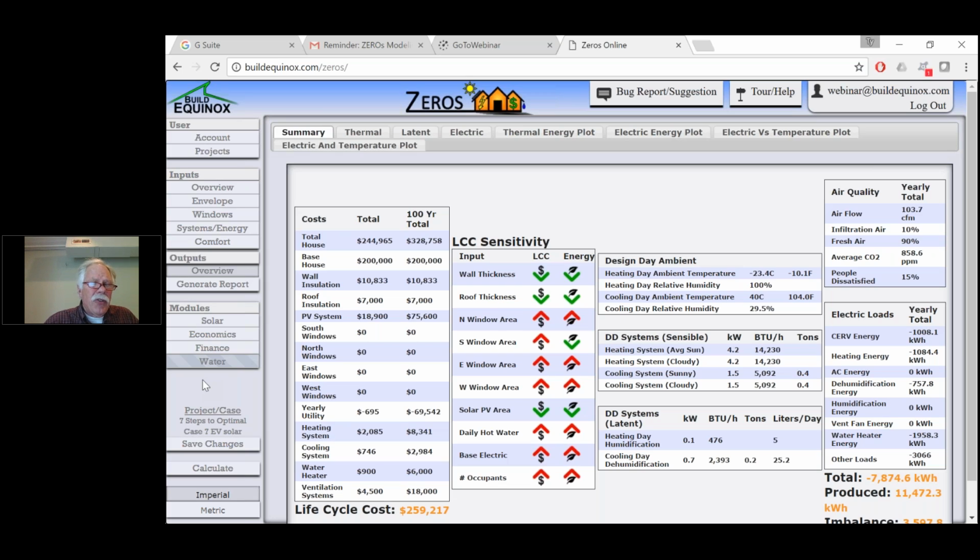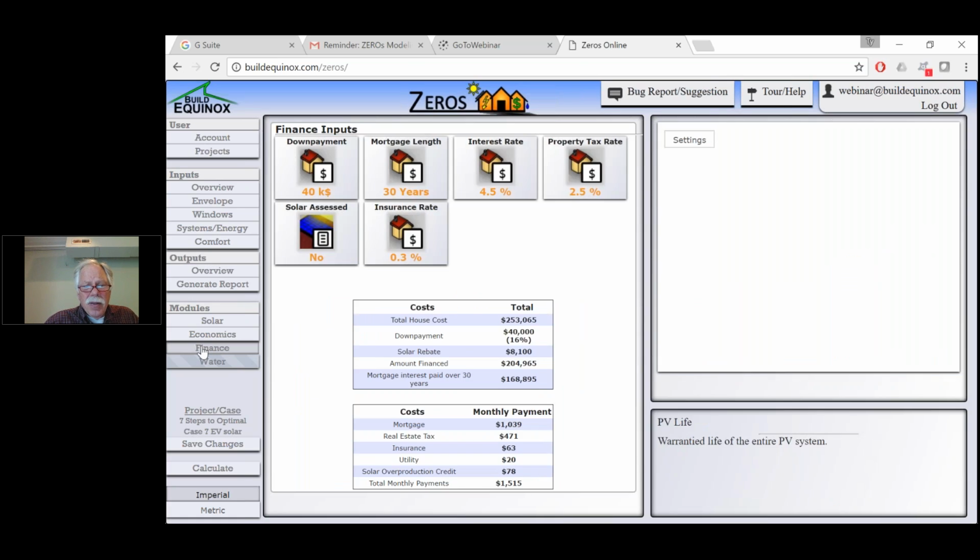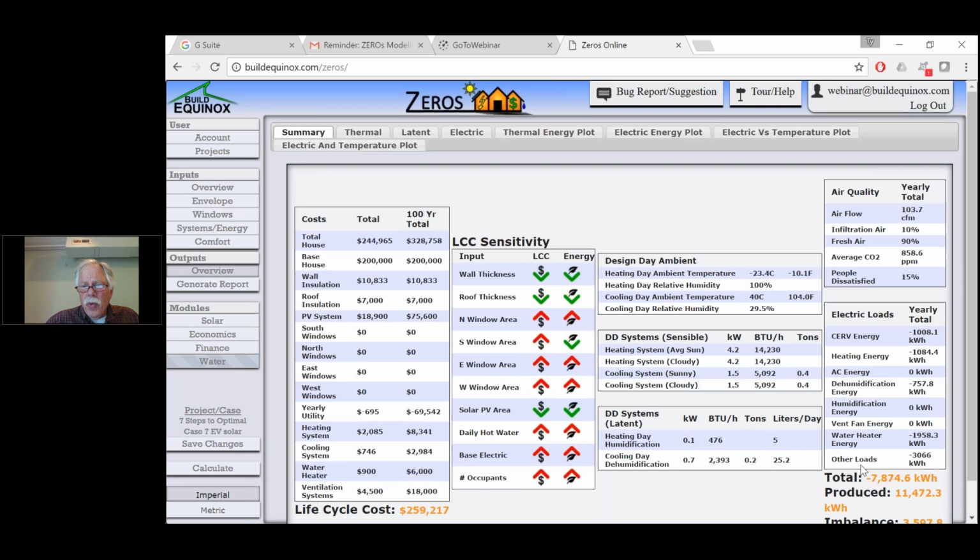Because of these changes, sealing the house and putting in a good smart ventilation system, putting in a hybrid water heater, sealing, insulating the house to optimal levels, and then adding solar, and then getting an electric car when you're able to. And the net effect of that, where that conventional house had been about $1,500.30 per month, we're at about $1,515 per month. We're using much less energy than what we have been in the conventional house. We're at an economical level of insulation, much lower life cycle costs,